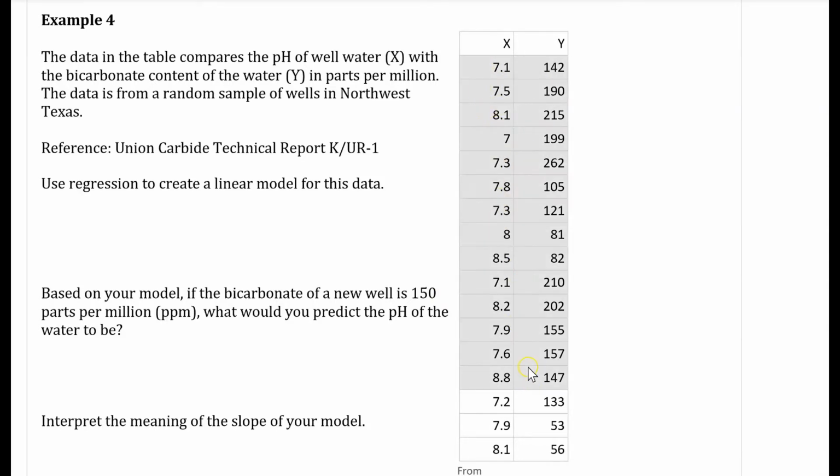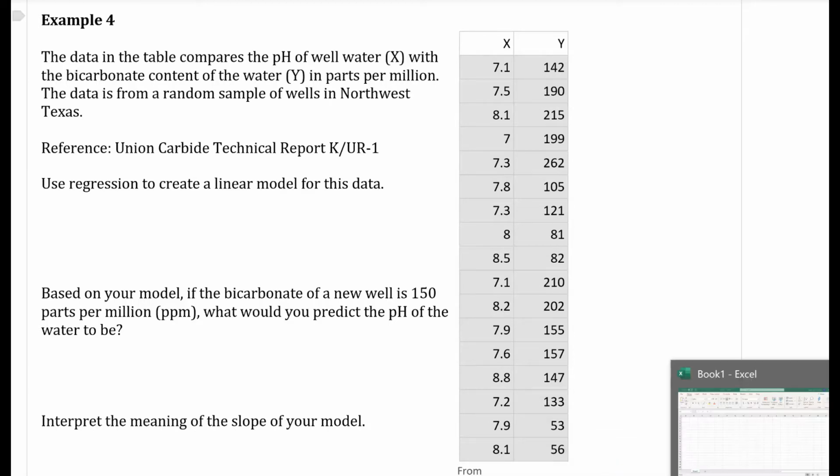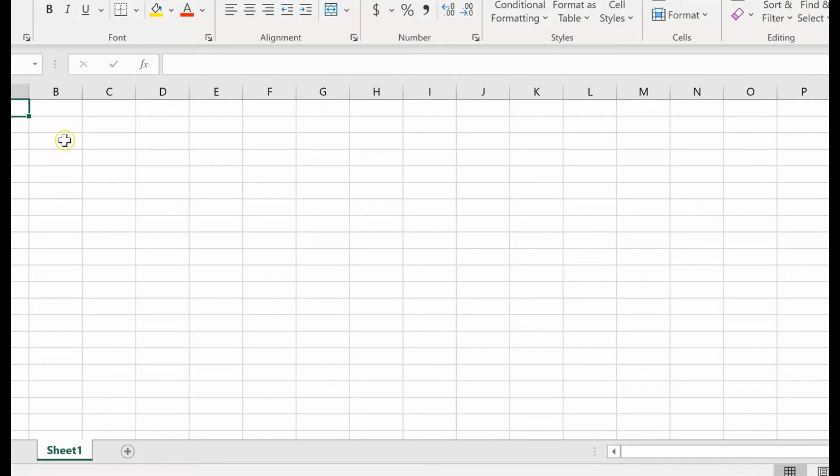I'm just going to copy this data, and let me mention as I do so that the X values represent the pH of well water samples, and the corresponding Y values represent bicarbonate content in parts per million. And so if I copy this and take it over to an Excel spreadsheet,